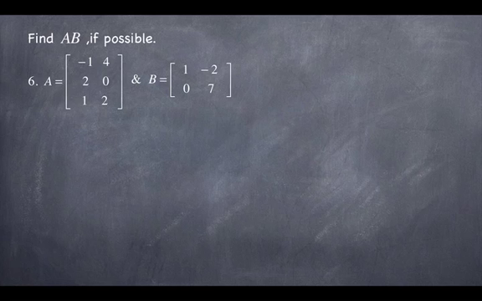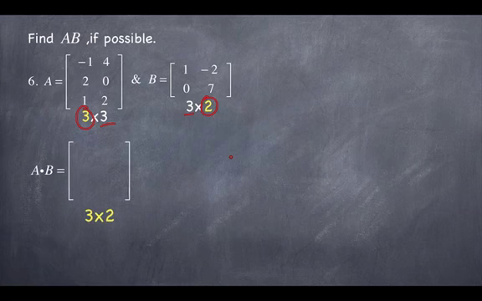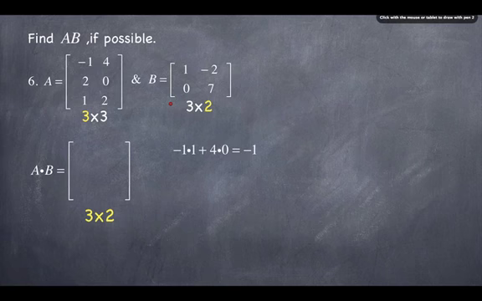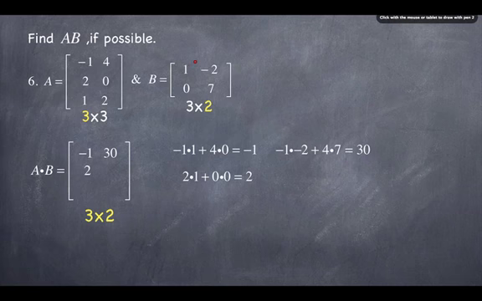Again, find the product of A and B, if possible. It is possible because these match, and the order of the matrix is going to be a 3 by 2. So perform the operations. So you're going to take first row, first column, first row, second column, second row, first column, second row, second column,